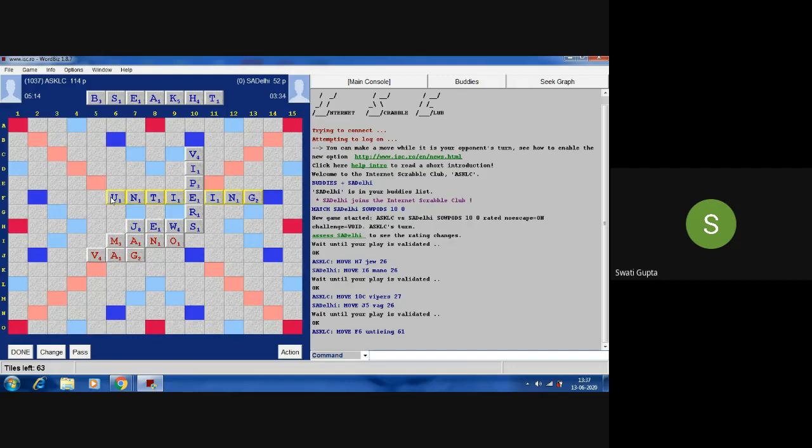Marshall, we had another option also. Like if we take, you have I, A, H, E, S, N, U, V, right? Yeah. So we can use V and capture double word by making the word vanish. We can do that, but vanish would probably open up the board for the opponent, and it'll give me a score of 24.